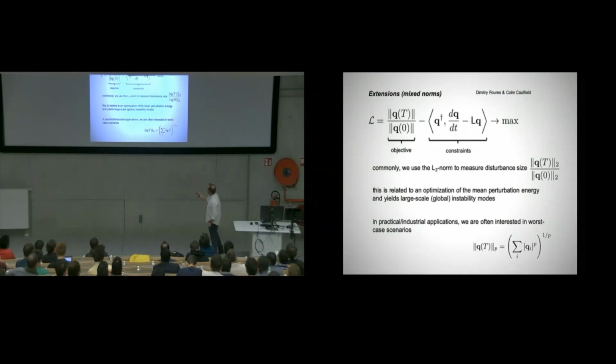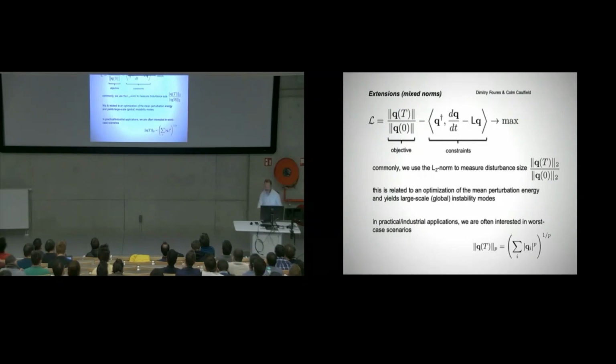So these structures got pretty big. But sometimes in practical applications, we're not so interested in these large structures. We want to do a worst case analysis. We want to see where in the flow is a dangerous spot that generates a localized disturbance that is dangerous in terms of growing. Okay, and the large ones are often growing better, but they're just a little bit too contrived. Okay, so we want to change the norm here. We want to measure this part not in a 2 norm, but in something else that compactifies our input and our output.